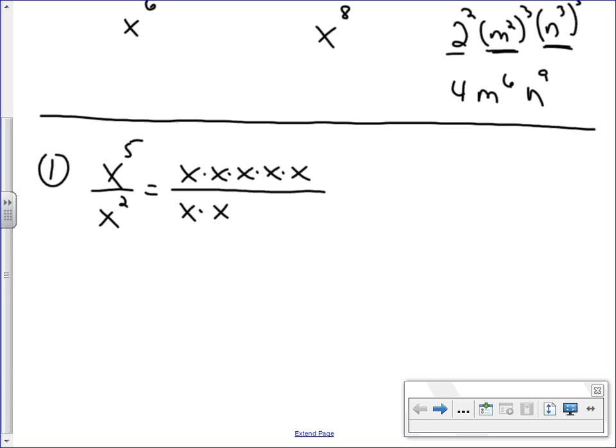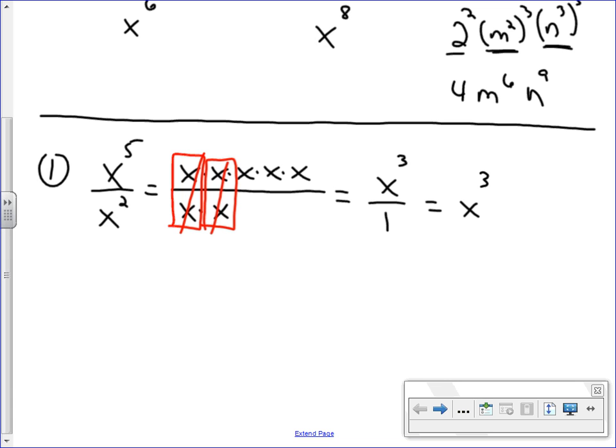Now, I hope you can see pretty clearly that you have an x divided by an x right here. An x divided by x is 1. We say it cancels out. All right, I have another one, x divided by x right here, also equals 1, and it cancels out. And then you can see that the only x's that have not canceled out all ended up in the numerator. There are 3 of them, so that's x cubed over a denominator of 1, because everything cancels out of your denominator. Whenever the denominator is 1, we never leave it in the final answer, so the final answer is x